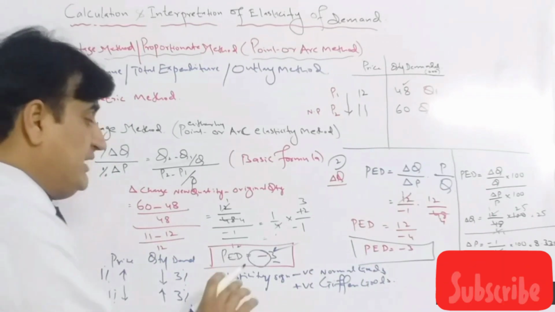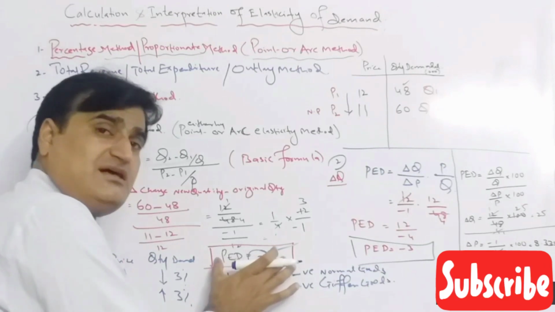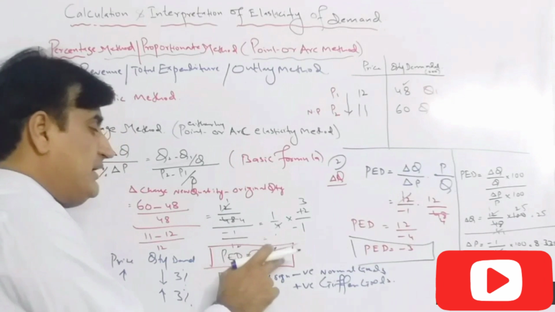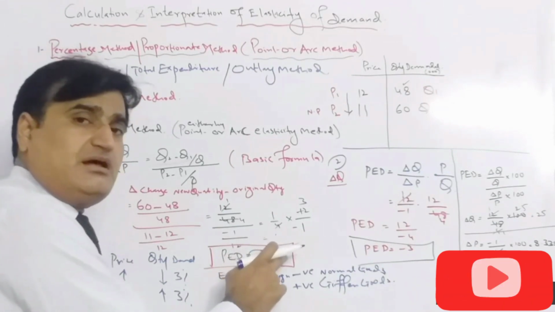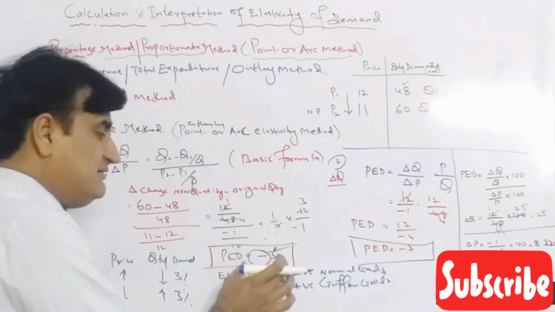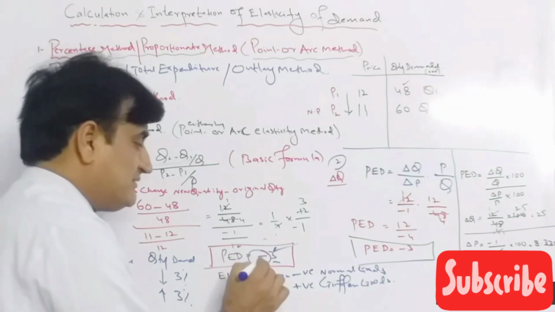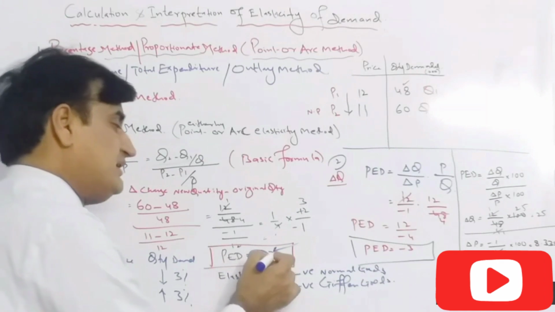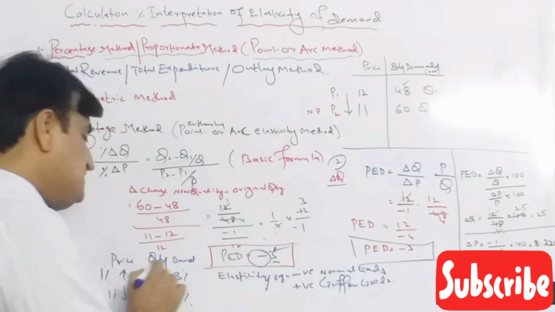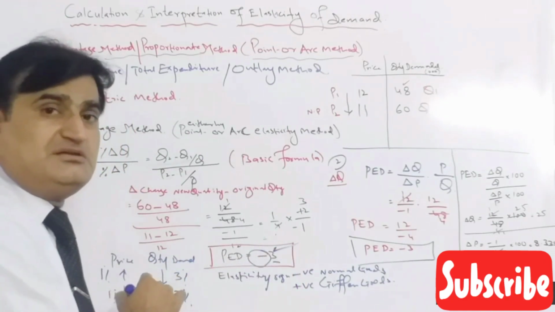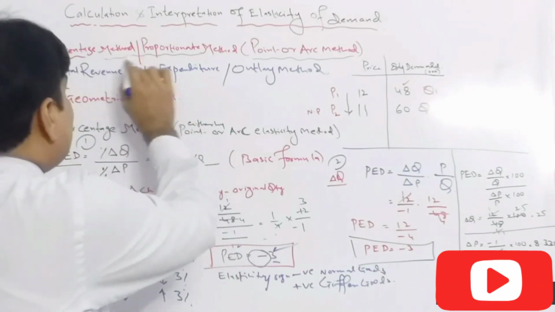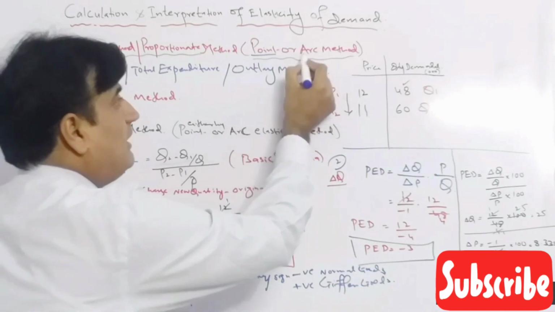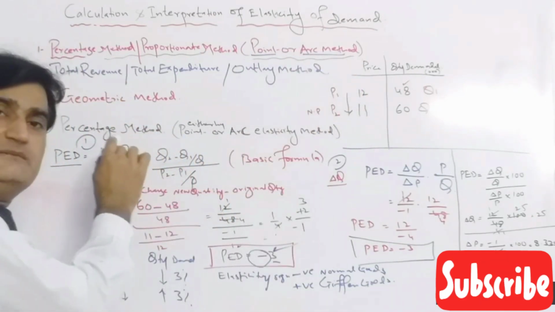So remember, when we interpret the elasticity of demand, the sign is interpreted separately and the value is interpreted separately. They carry different concepts, because the sign tells about the nature of the commodity, the types of goods, whereas the value tells about the change in quantity demanded with respect to change in price. So the point elasticity of demand can be calculated by using a point or arc method. This is the point method.